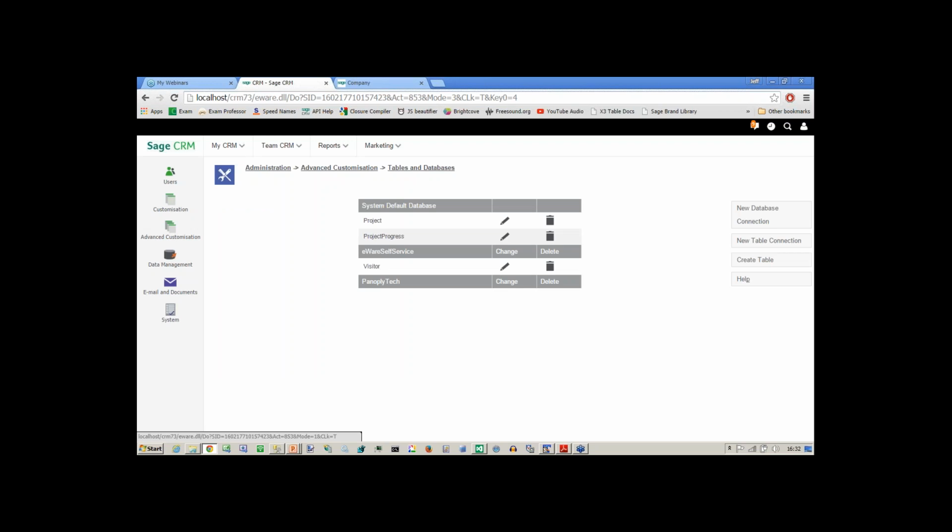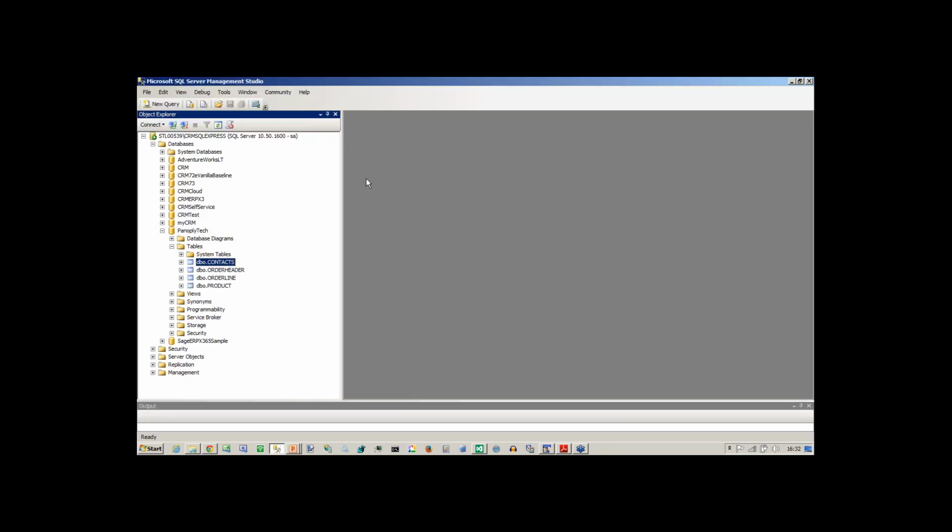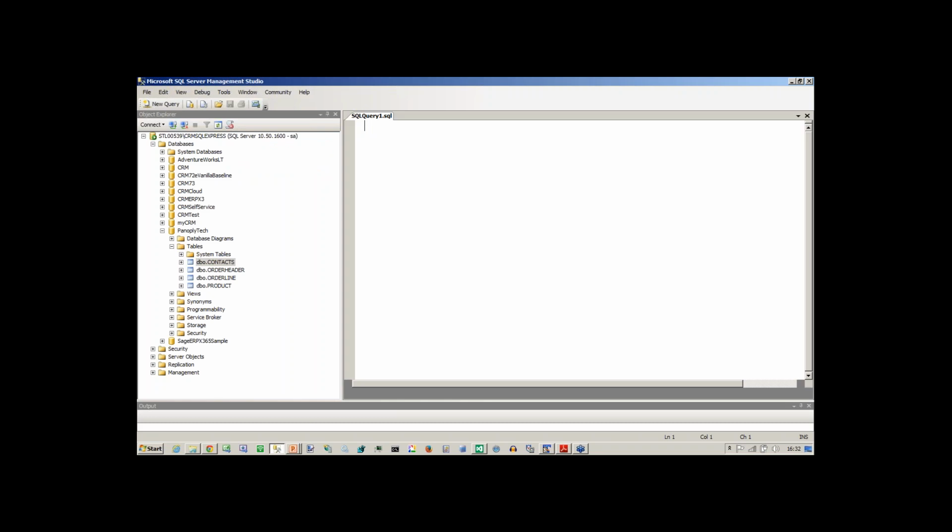If you just want to view, it just needs to have view rights. If you want to be able to insert, update and delete, well, you need to have the corresponding rights for that particular user. And here I've got my Panoply Tech database, and if I look inside my database now,